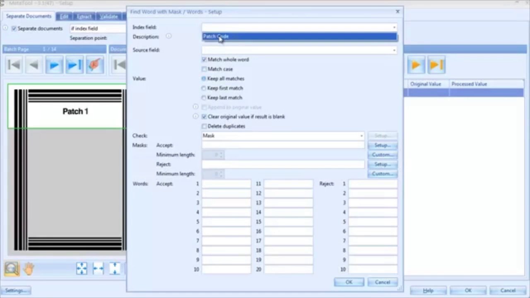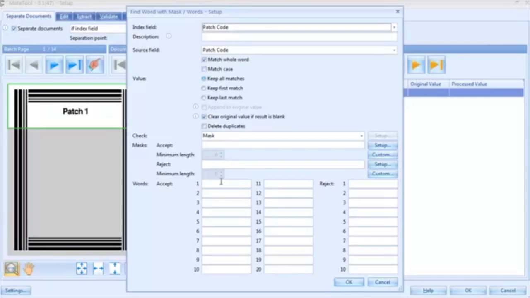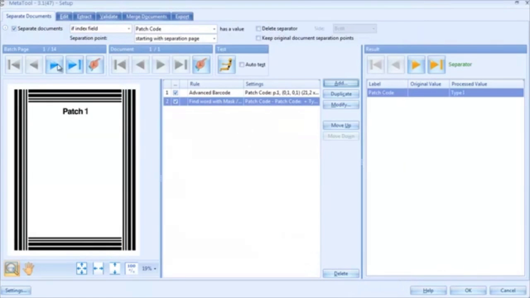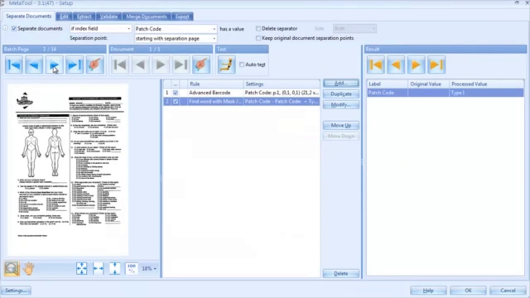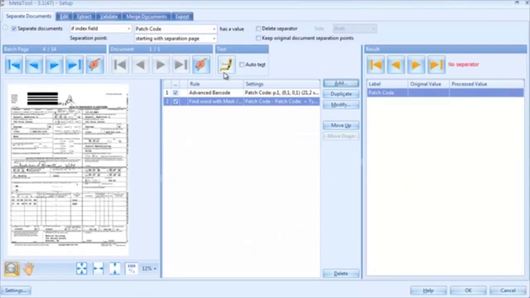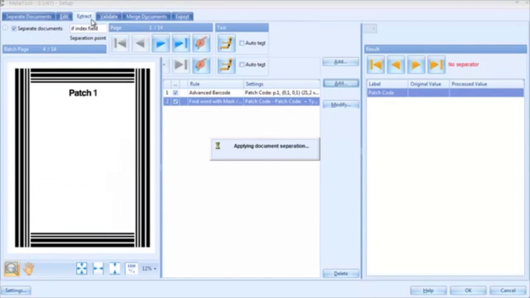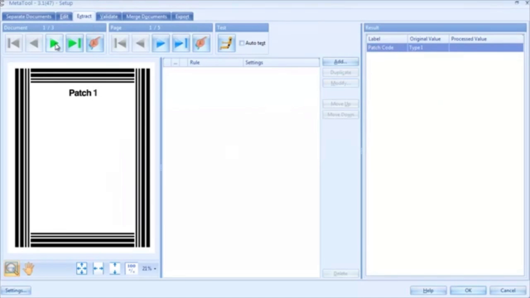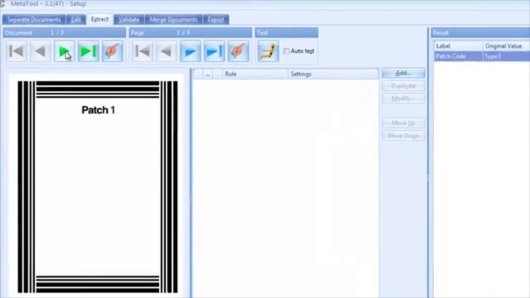We only want to find patch code values equal to Type 1. The type numbers are written in Roman characters, so we enter an uppercase I instead of a 1. When we check the form with the Type 2 patch now, we see that it's not detected as a document separator anymore. If you want to define some additional index extraction rules, you can simply open the Extract tab now,